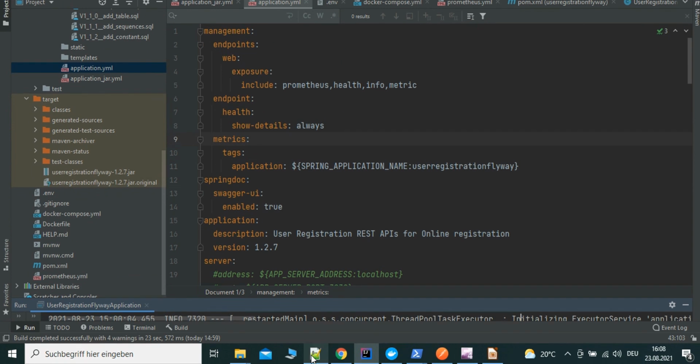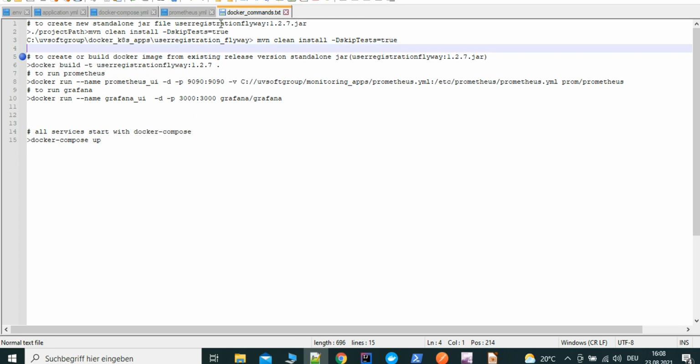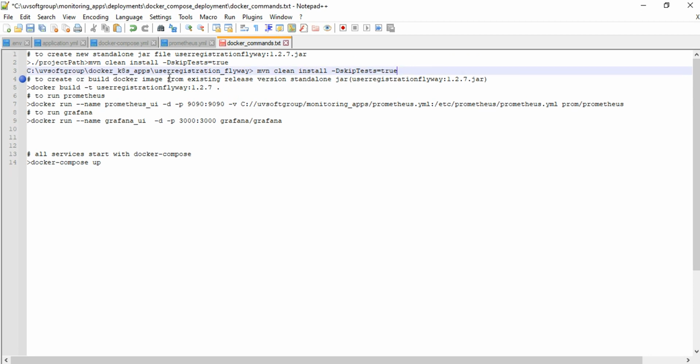So out of this, the application, we just created the standalone jar file. How can you create the jar files? It's a simple command to create a standalone jar file. You just go to the project directory that you see, and then run maven clean install, minimizing the test cases, and it will create the version. After creating the version, you simply need to copy the jar file into the installation directory, and then you simply build a Docker image.